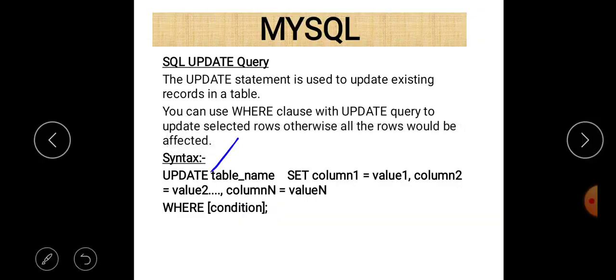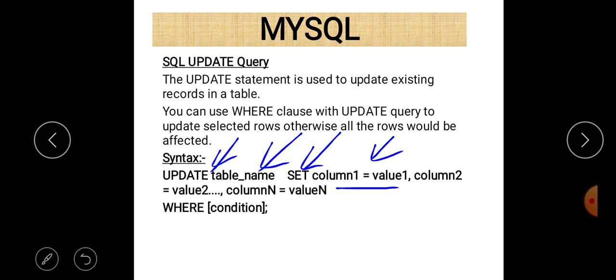First of all, write UPDATE, then the table name, then the keyword SET, and then the values which you want to update. For example, if you want to update all values of column 1, we just write column1 = value1. So all values of column 1 become value 1.